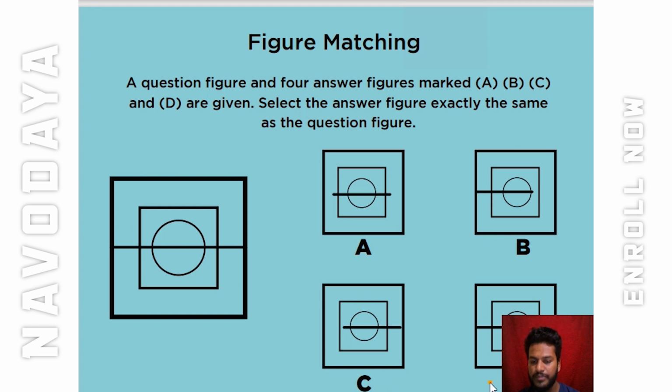Just observe the answer D. So in our answer D, just compare it. We have exactly the same. We have the first square, we have the second square, and we have the circle, and we have the line which is connected in the figure from left to right. Yes, it is there, right? Just see that. Compare the answer D. So it's exactly looking the same, right? Yes. Now the answer for this question is answer D, which is correct, which is completely connected, and which completely looks the same. It's 100% the same.